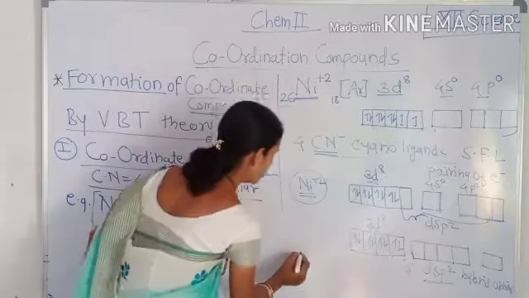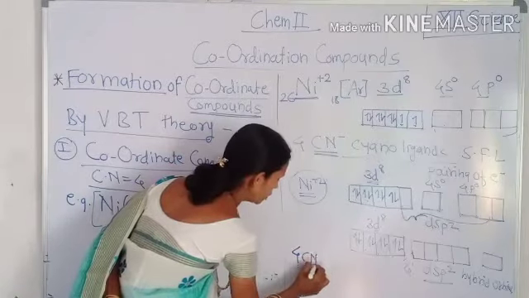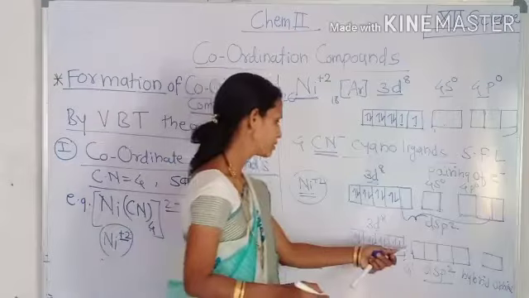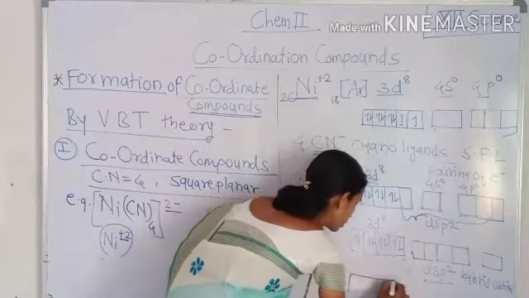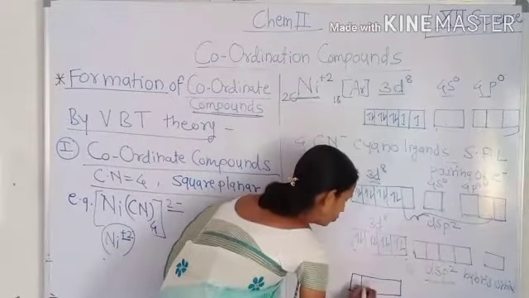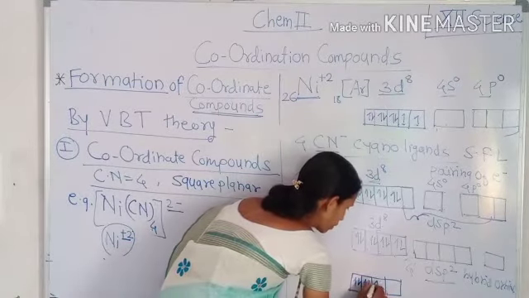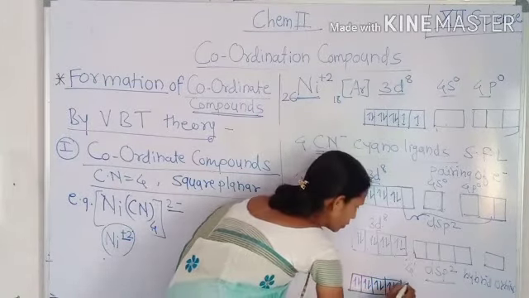And when 4 CN-, that is the cyano groups, donate electrons to the Ni2+,